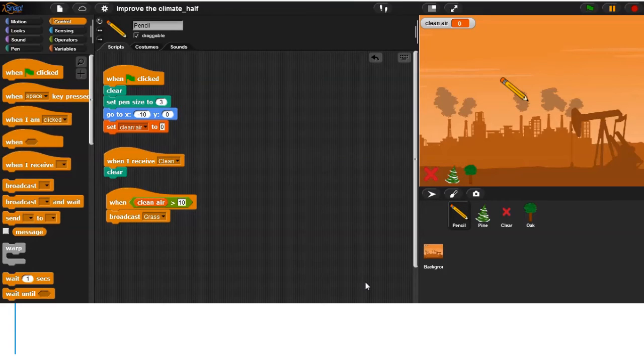When the pine sprite is clicked, the pencil will start to draw a pine. The climate will be improved with 2 points. Use the blocks change clean air by 2 and pen down.